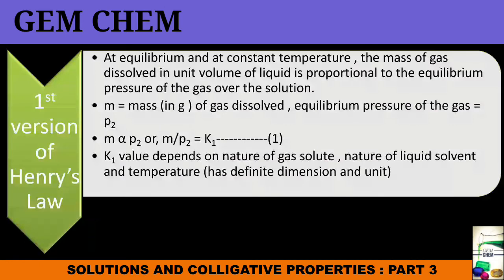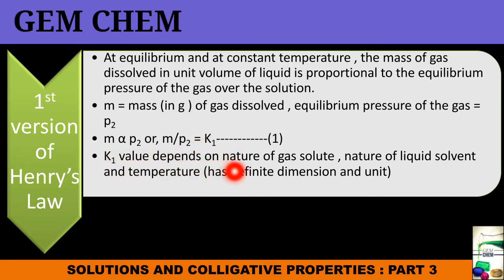Now Henry's law has a few versions, and the first version is this one. At equilibrium and at constant temperature, the mass of the gas dissolved in unit volume of liquid is proportional to the equilibrium pressure of the gas over the solution. That is, if m is the mass in grams of gas dissolved and the equilibrium pressure of the gas is P2, then m is proportional to P2 and the proportionality constant is taken as capital K1,